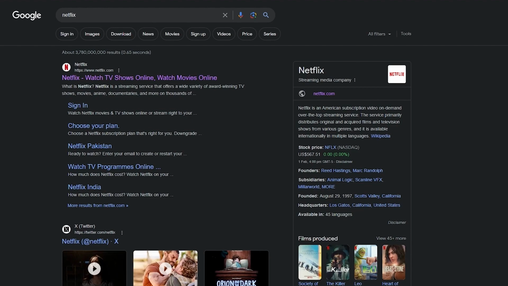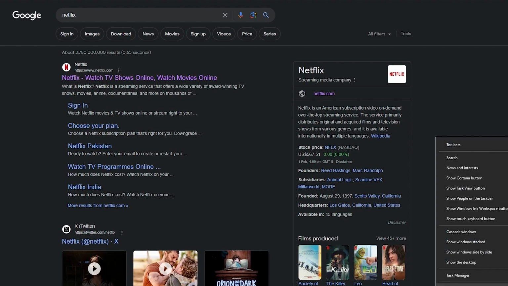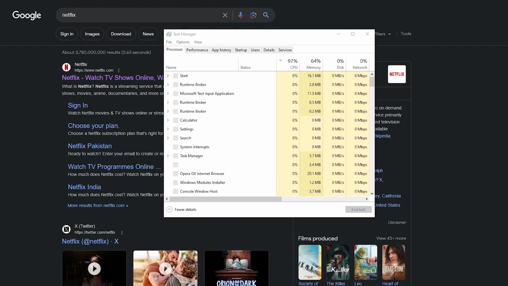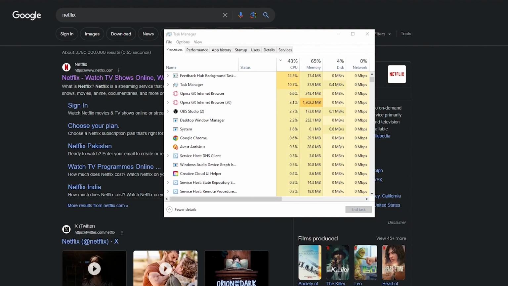It sounds like there are some good benefits. Are there any downsides to using a VPN? And yeah, there are a few. First off, you have to install an app on your computer, and that's going to consume a lot of system resources. If you come to Task Manager while using a VPN, you're going to see a lot of change. Also, because you've now introduced an extra step every single time you head to a website, it's going to slow things down. There's going to be a little more latency. Your upload and download speeds won't be quite as fast.